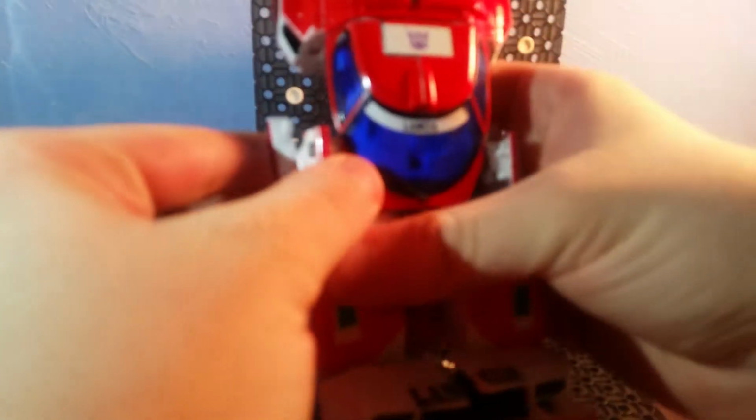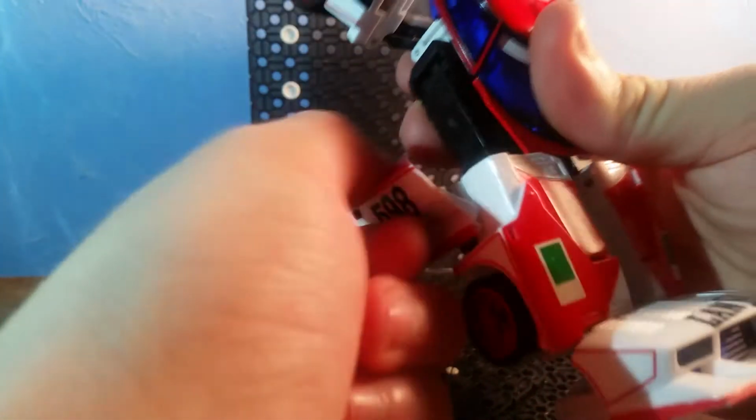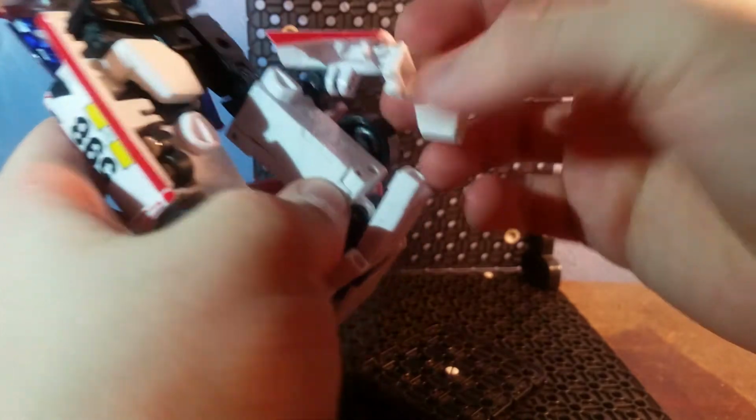Then you want to take the doors here, and peg on the side. There's two pegs here and here that peg into these slots up here. There's a giant long peg here that goes into this long slot you can't see, right here. Fold it up, pull it down, bring it back, and then this peg here will peg into this